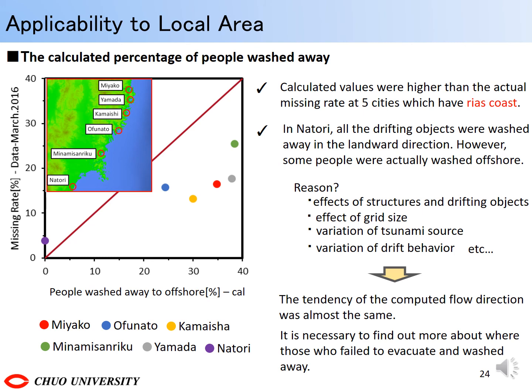Besides, since the variation in the direction perpendicular to the flow direction cannot be reproduced, it is necessary to incorporate the spread of the normal distribution as obtained in this study. This varies greatly depending on the drifting object's shape and size, and it's not clear, so further experiments are required.